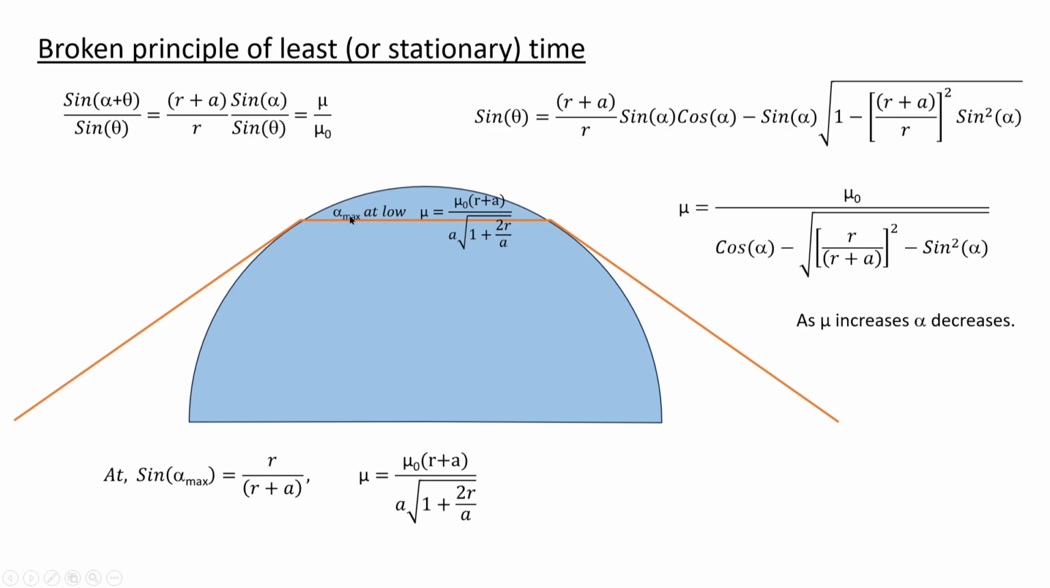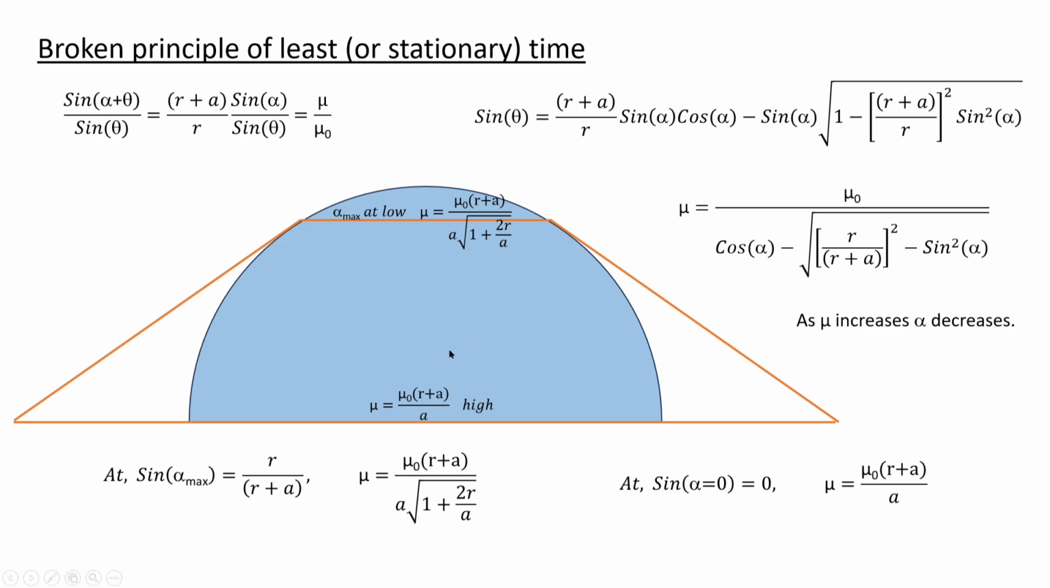So this is alpha max, which is the case of the tangential solution. So this is the tangent from this point to the circle. So this is the maximum alpha possible, and this happens at this refractive index. So at the low end, when the refractive index of the media is low, we have high alpha values,